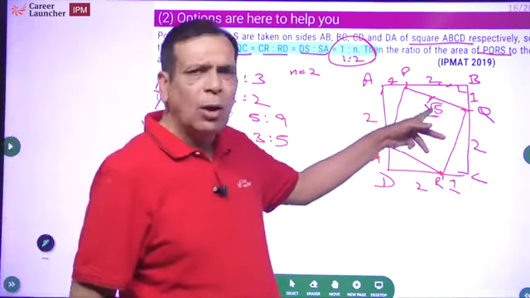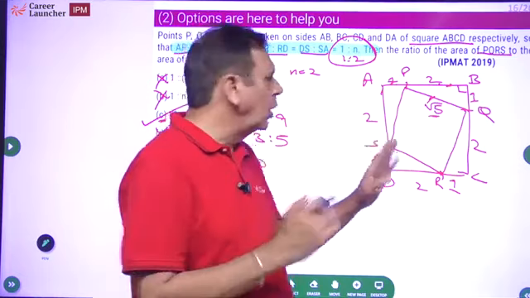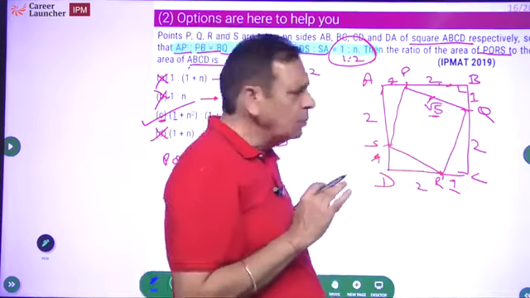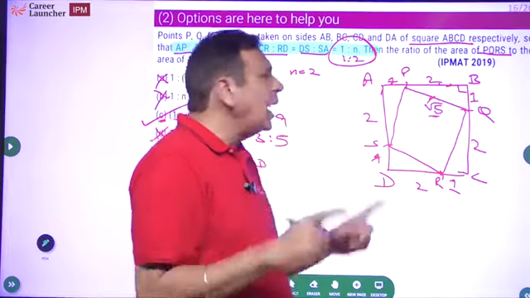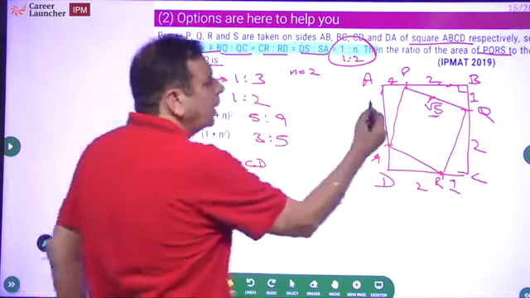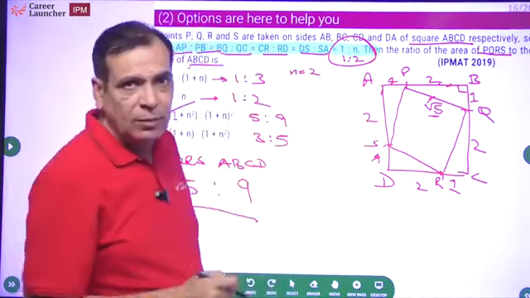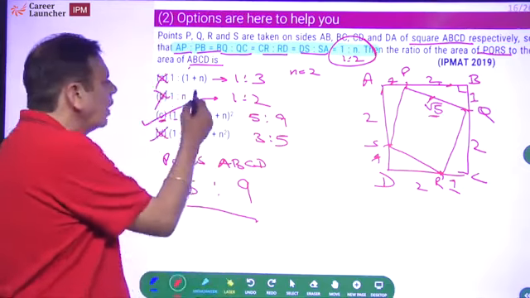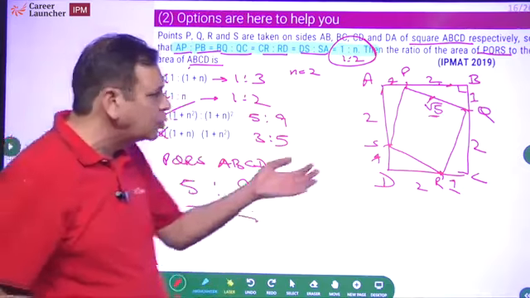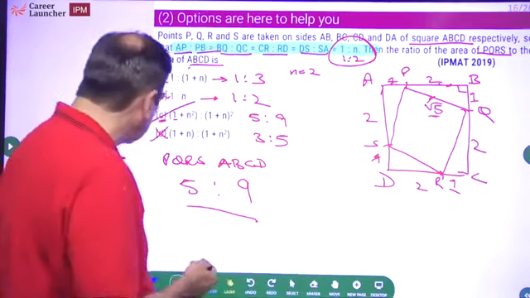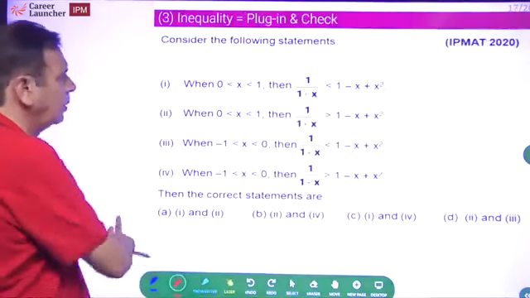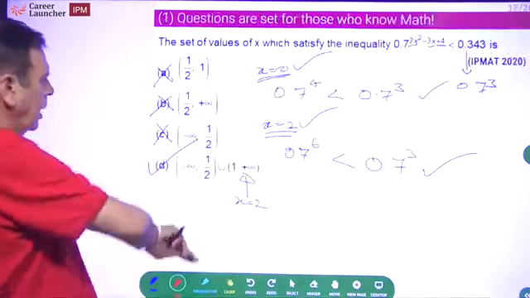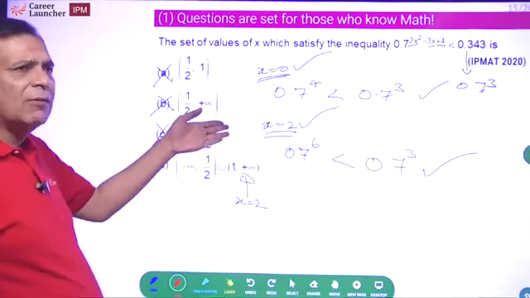I am sure you know how to find the area of a square. You know the Pythagoras theorem. So you can find this. So all I have done is I have used the same thing, but I have taken a specific case. So wherever you have these variable kind of things, your job is to substitute values. This is what we did in the previous question also, no? We did the same here too, we put in the value of x.